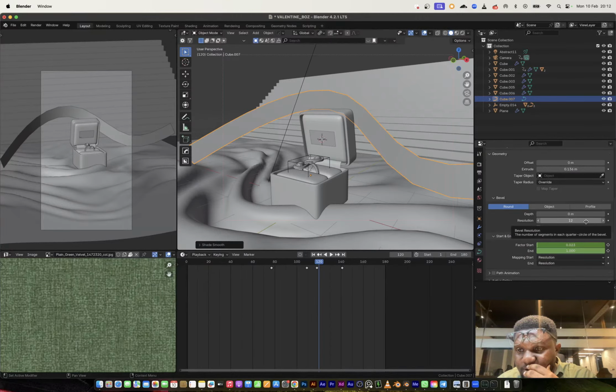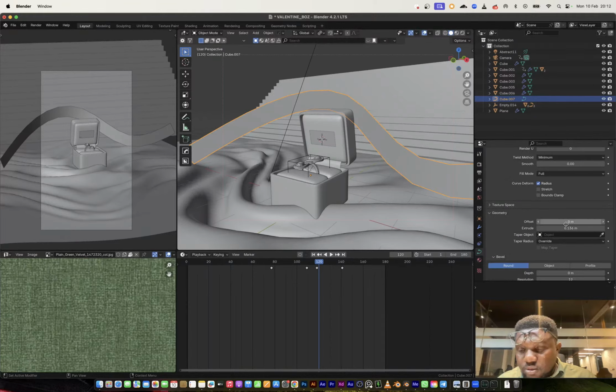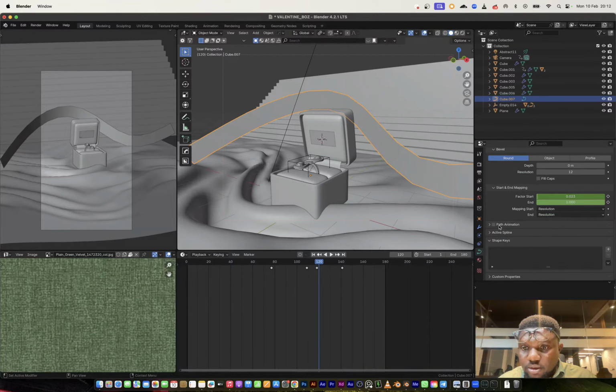Number of segments in each quarter circle of bevel. No? Let's persist on this. This is supposed to smoothen this. Why is it not smoothing? Can I increase this smooth? Which is very weird.